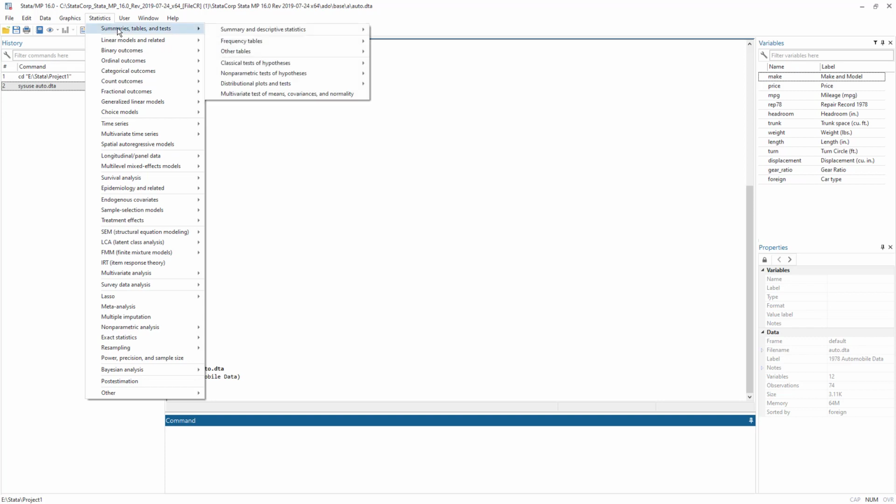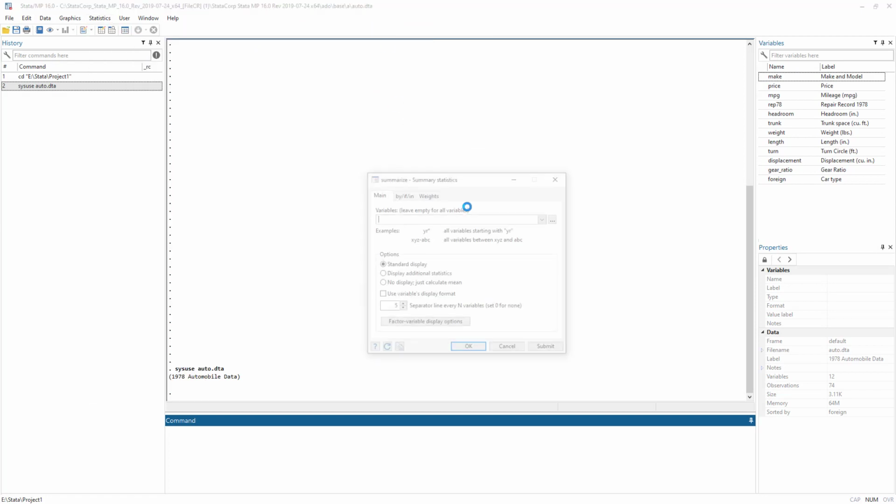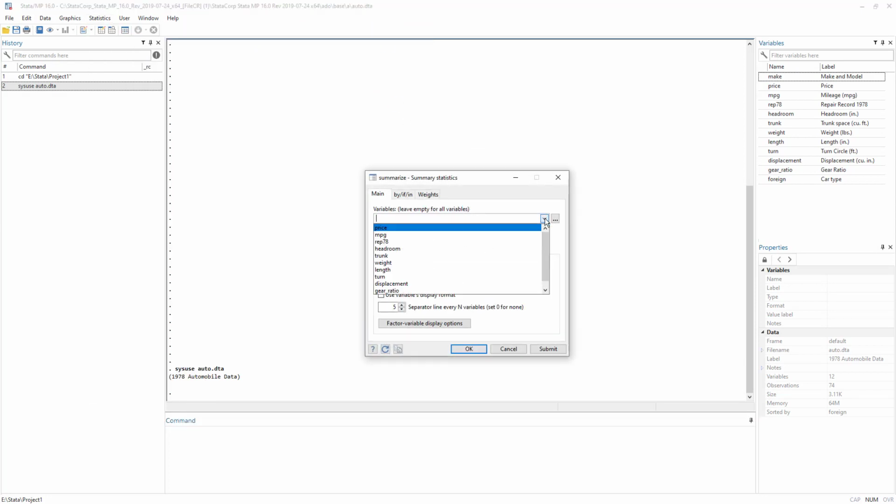So I click on summarize, and then the first option, summary statistics. Let's say my dependent variable is price and the independent variables are weight, length and trunk size. I can simply click OK and the summary statistics will be generated.